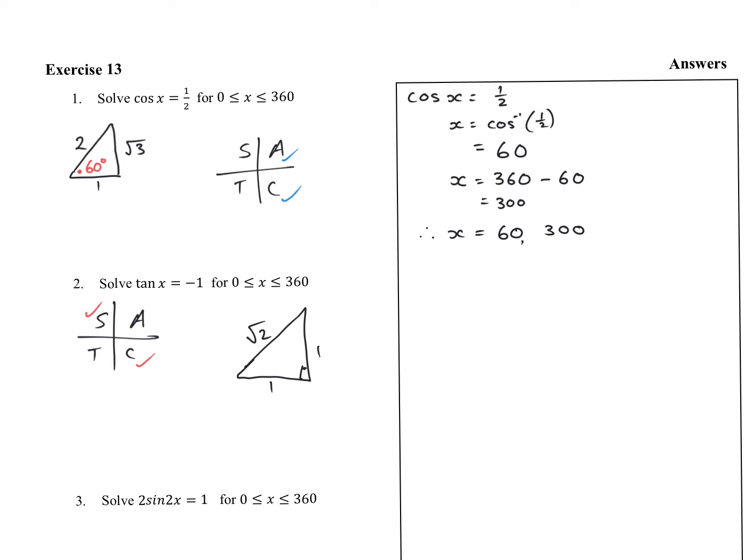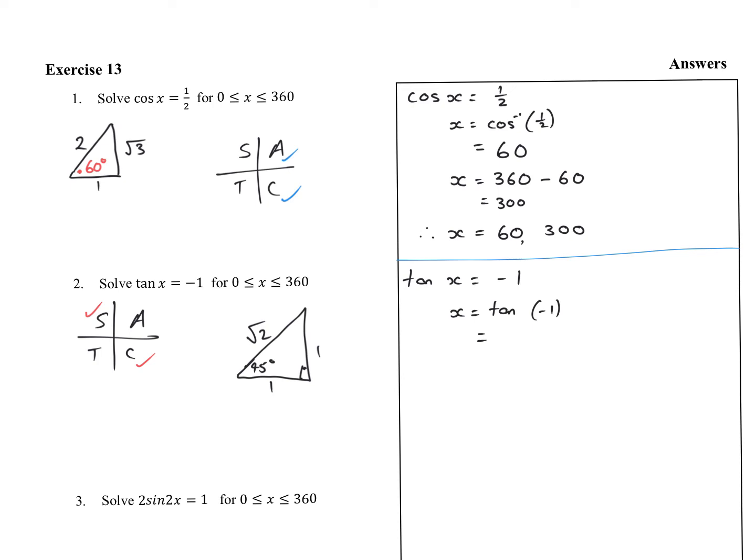Okay, so we're using this triangle, which has 45-degree angles. Okay, so then we know, I'm just going to put a line here. So tan x is equal to -1, which is -1/1. So x equals tan -1, which is equal to,